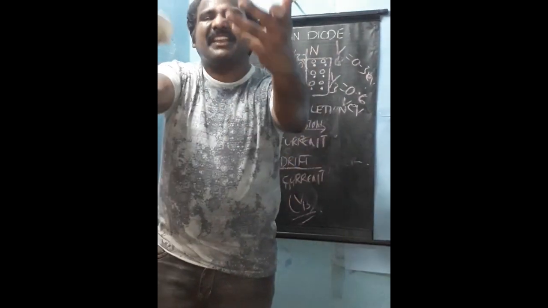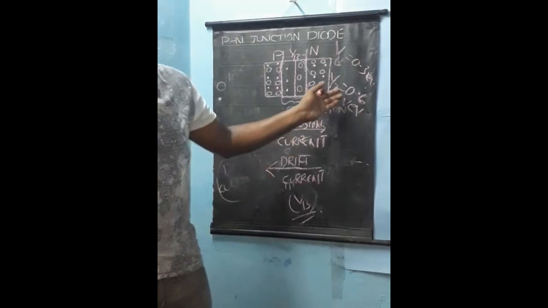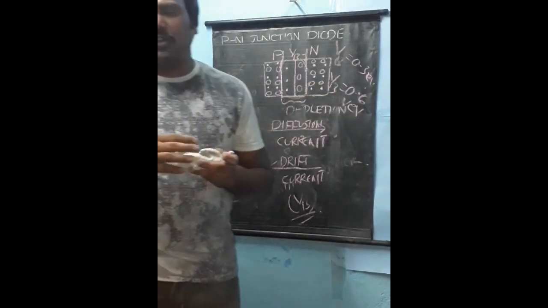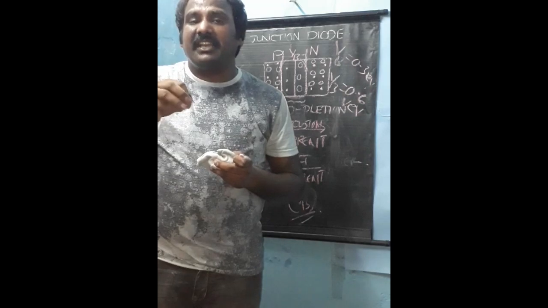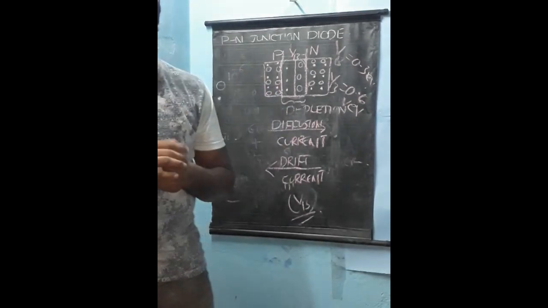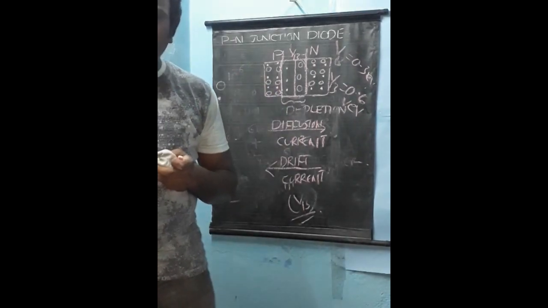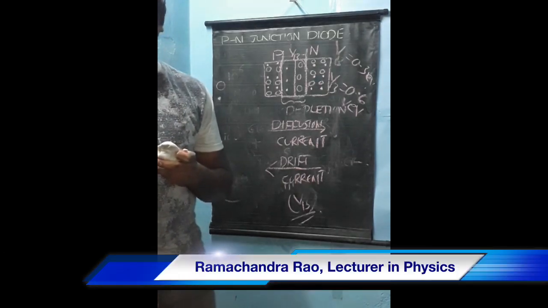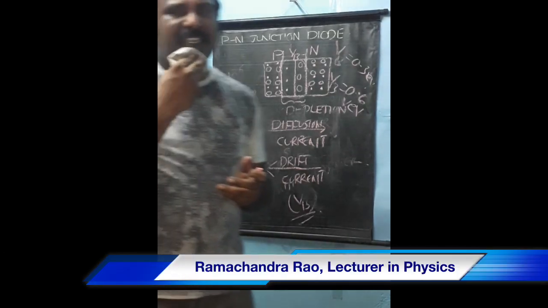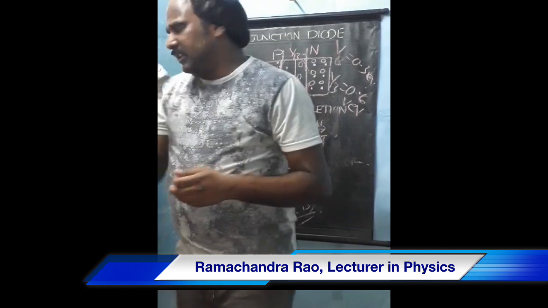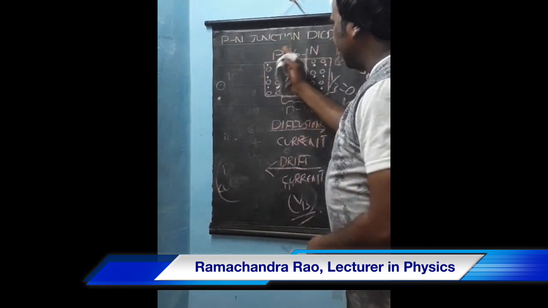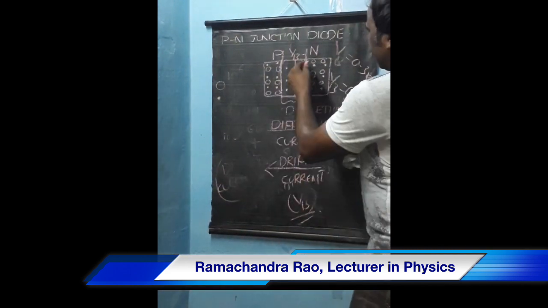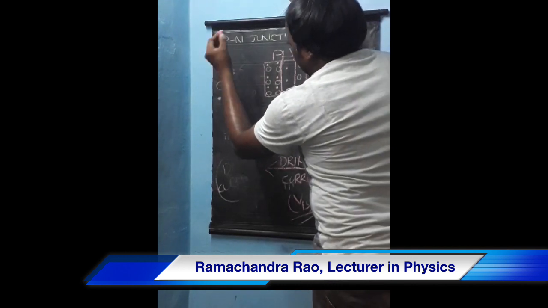Whenever you apply electric field, then we get a drift current. So diffusion current is the current without electric field. Drift current is the current by presence of electric field. And the last point here in case of drift or in depletion layer is, this potential barrier VB can be indicated by a diagram.